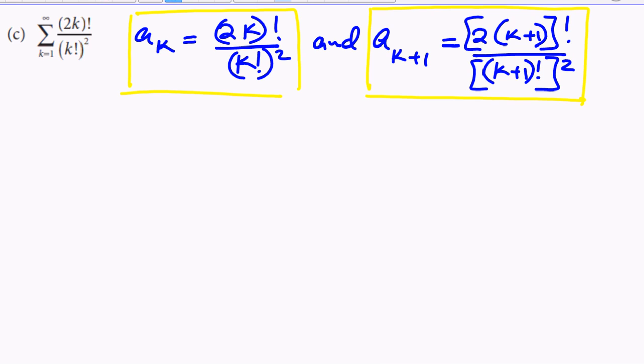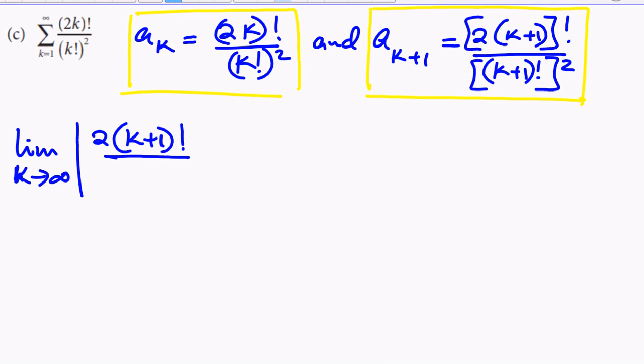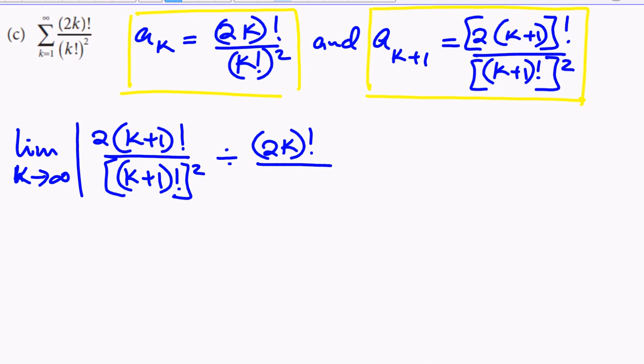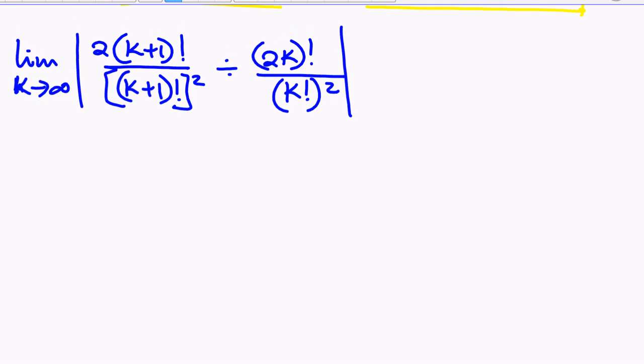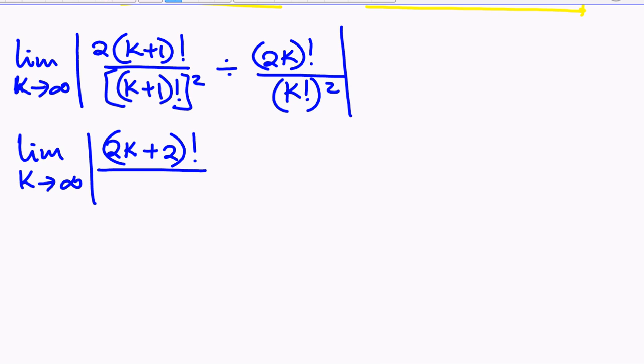Anyway, so let's start. The limit as k approaches infinity of the absolute value of 2 into bracket k plus 1 factorial over k plus 1 factorial squared, divided by 2k factorial over k factorial squared, and we can carry on and say the limit as k approaches infinity of the absolute value of, now this bit can be written as 2k plus 2 factorial